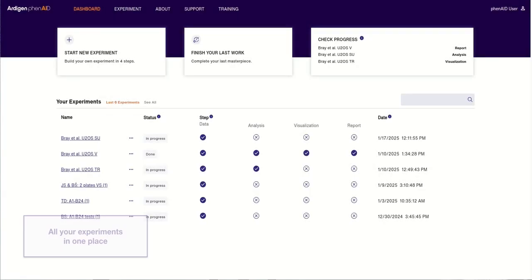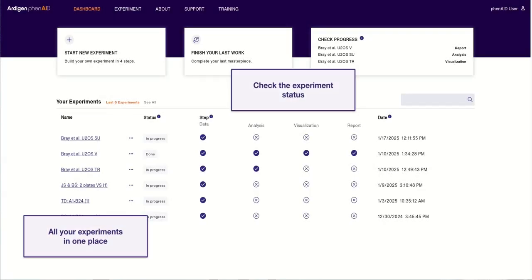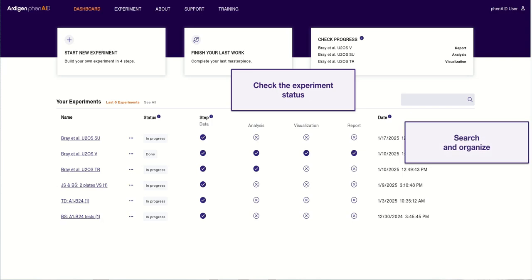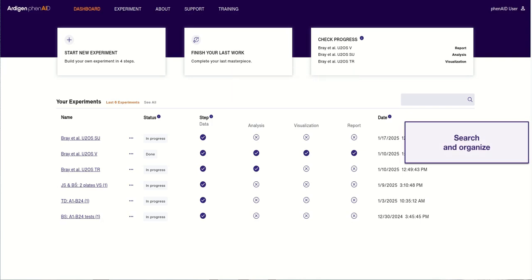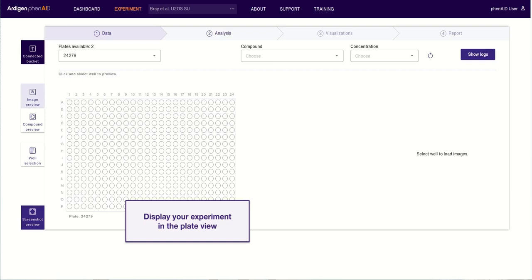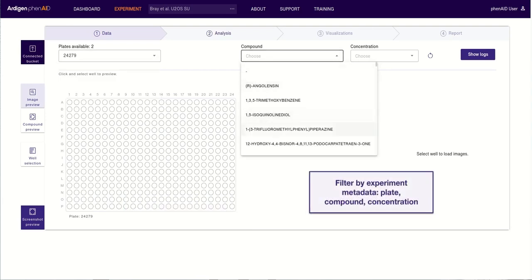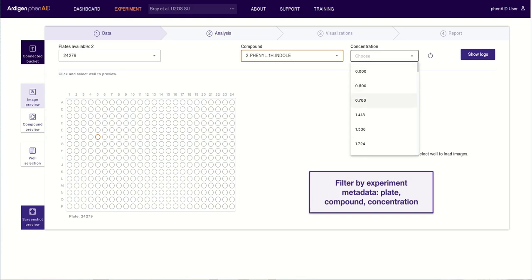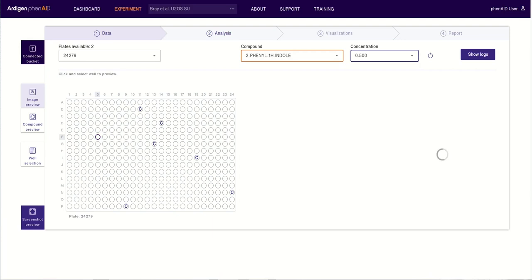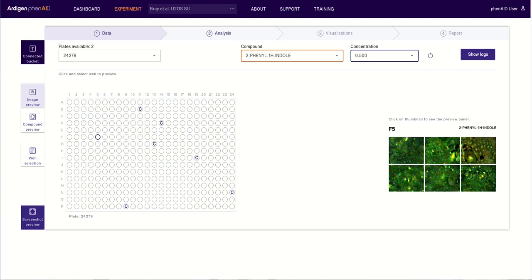We start with the phenAID dashboard that lets you explore and manage your experiments, as well as check the progress on each of its steps. In the next step, you can view your experimental data in the plate layout view. You may also filter the wells by compounds, concentrations, or any other metadata that is provided in your setup. You can browse through wells and images, and if you want to see more information about a particular well, just